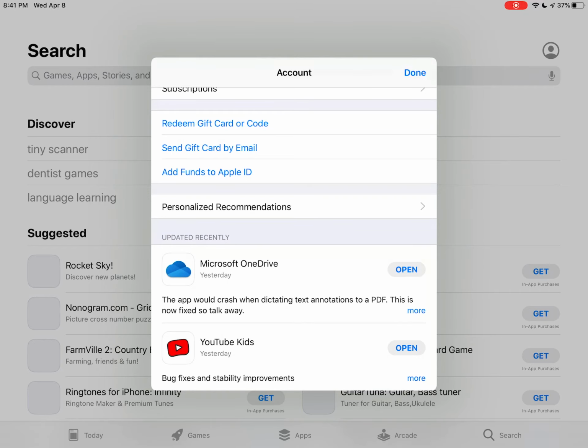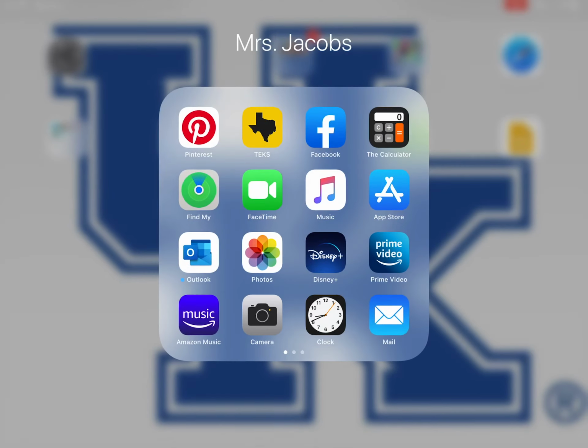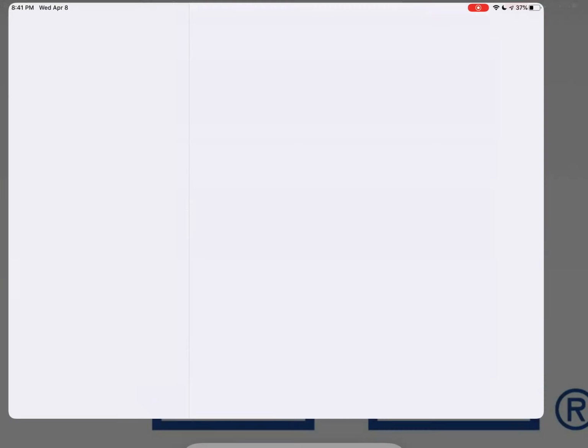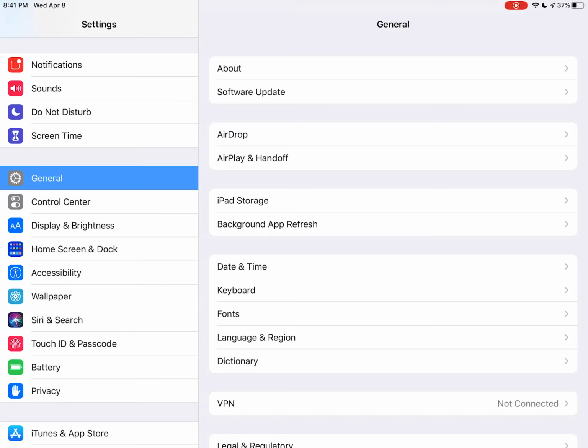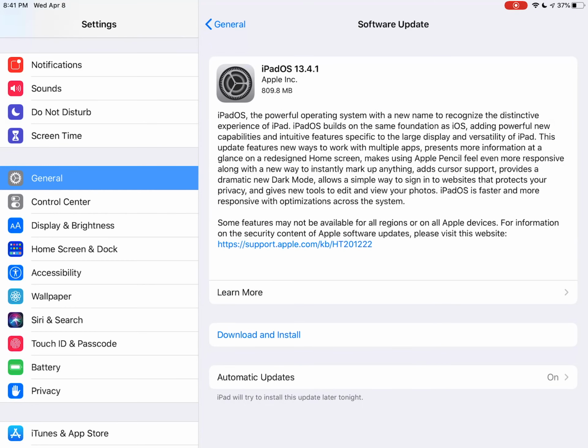If you cannot find this in the app store, if that particular app has been deleted off of the iPad, you can always go into settings and general and then software update. Okay, so I do need a software update, and that is probably one of the biggest issues we have with